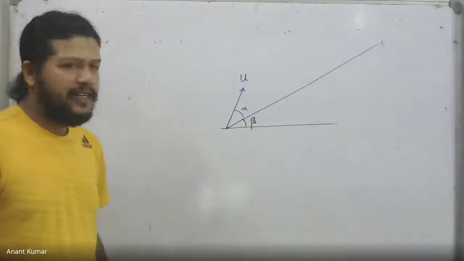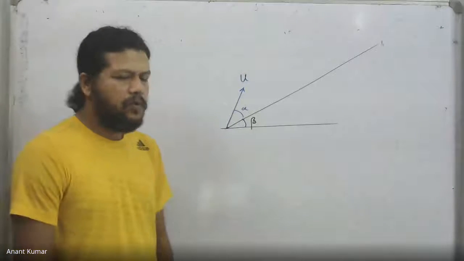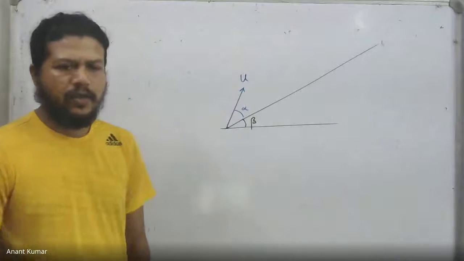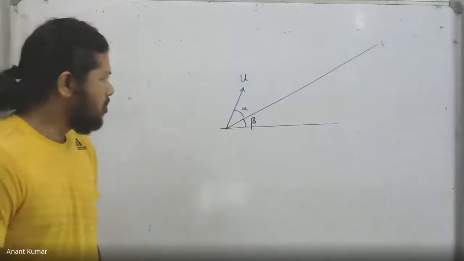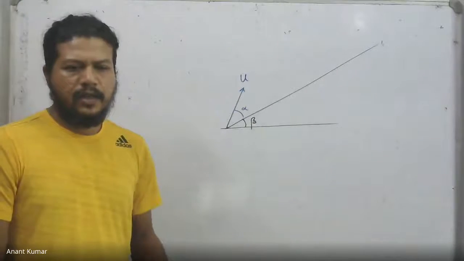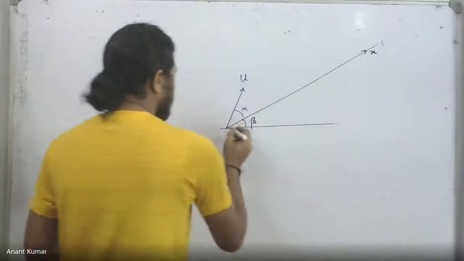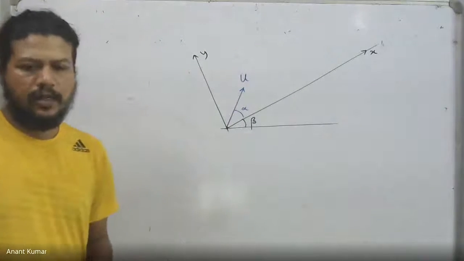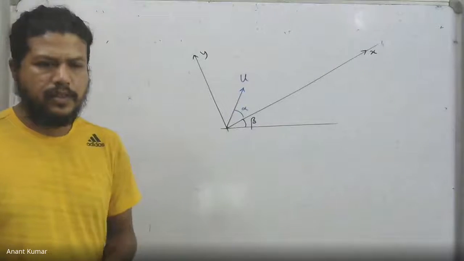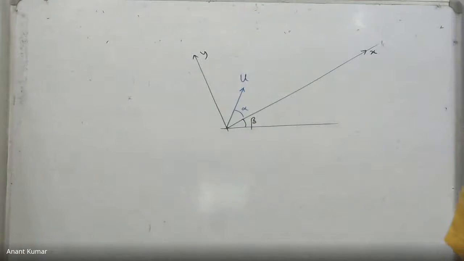The idea in this case is that the entire analysis process proceeds in exactly the same way. We just have to change our coordinate system. Whenever we deal with projectiles along an inclined plane, it is useful to consider the coordinate system in such a way that one axis runs along the inclined surface, the other one is perpendicular. We have taken a coordinate system in which the x-axis runs parallel to the inclined surface, while the y-axis runs perpendicular to that.